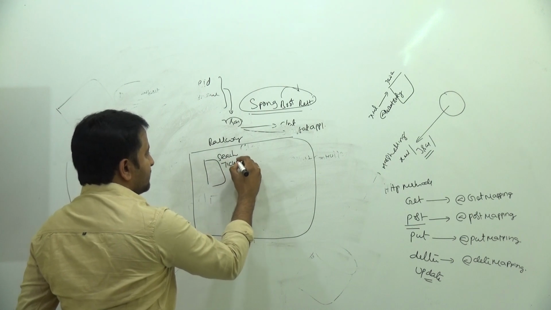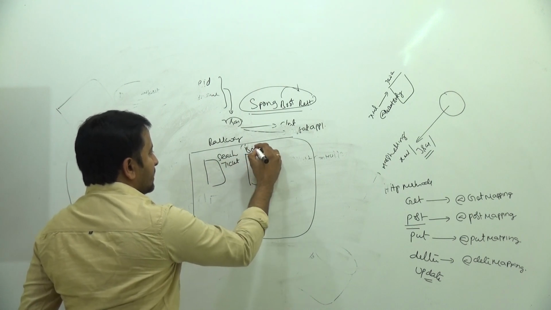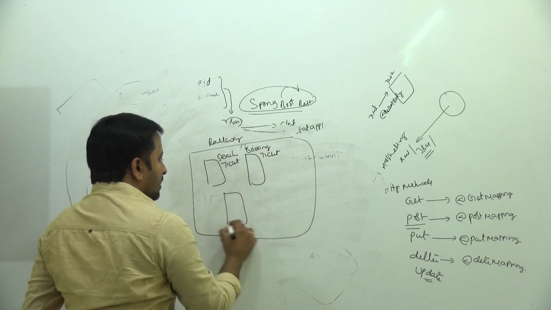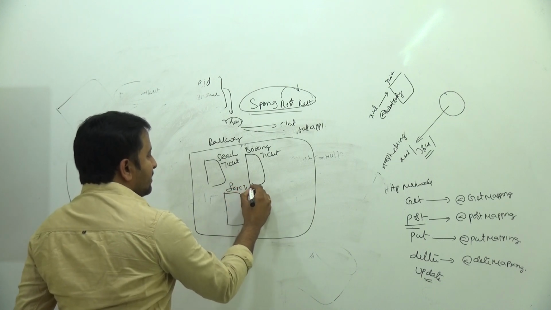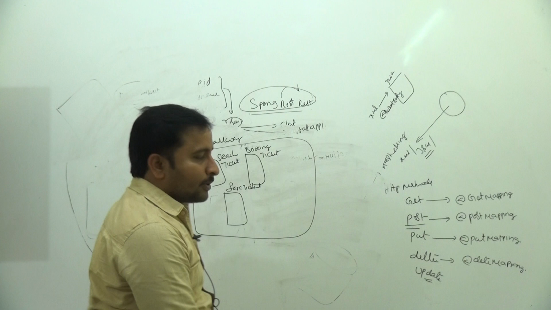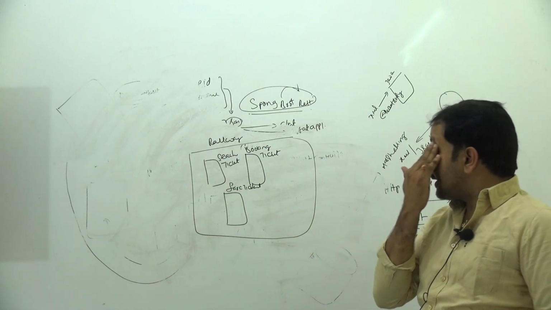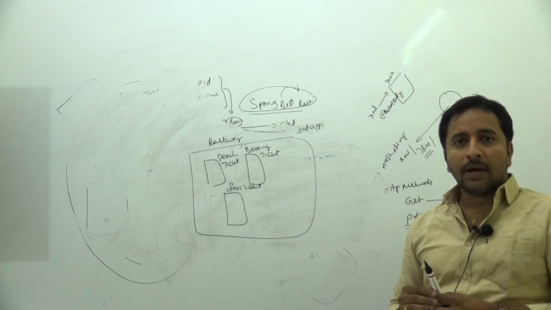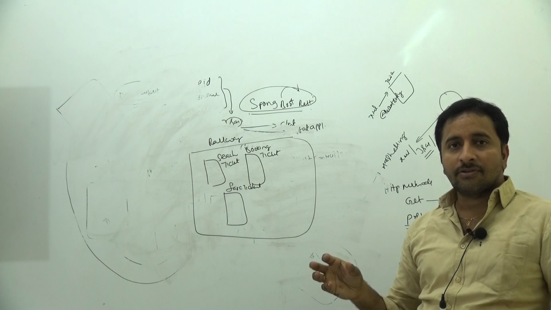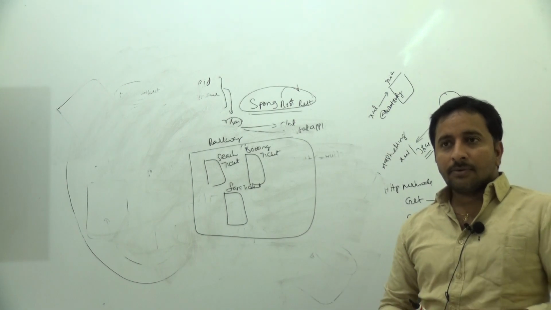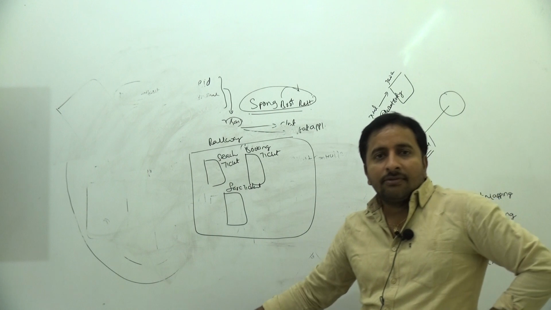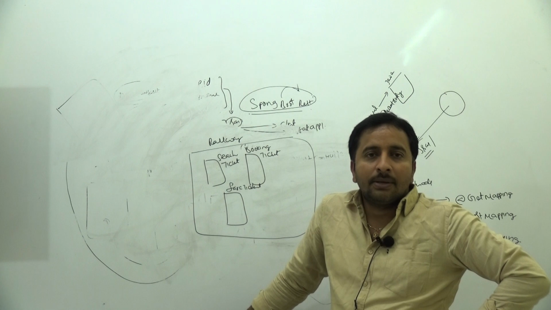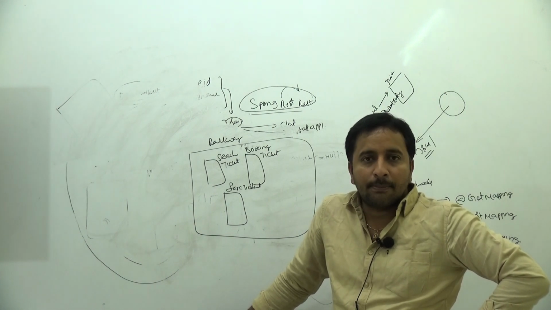Like search ticket, booking ticket, am I correct? Any other functionalities? Booking ticket or fare of the ticket, the price of the ticket. All these functionalities are available, am I correct? So in monolithic applications, there are two kinds of applications after microservices came into the market. Because if you see any applications, there are three kinds of applications. What are the kinds? Migration applications, development applications, and supporting applications.